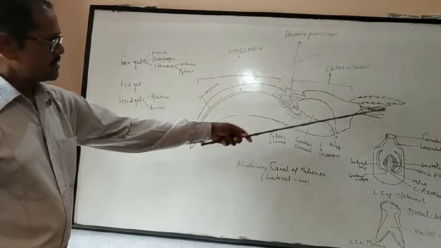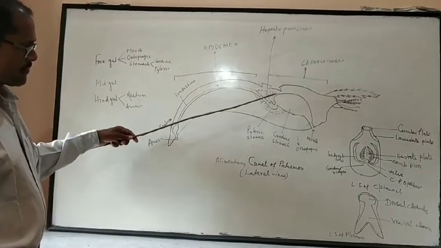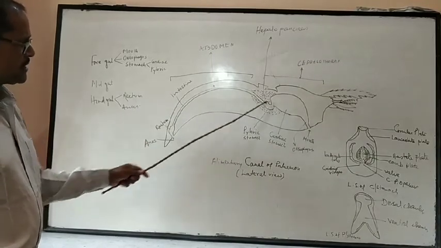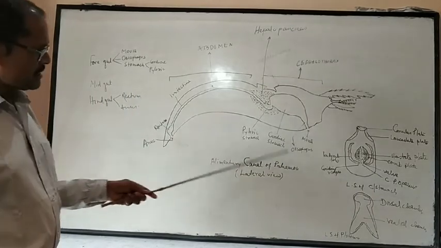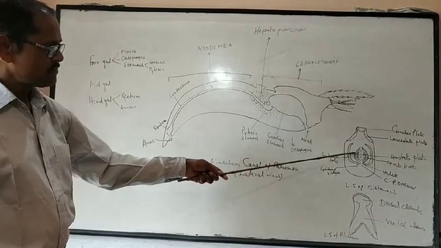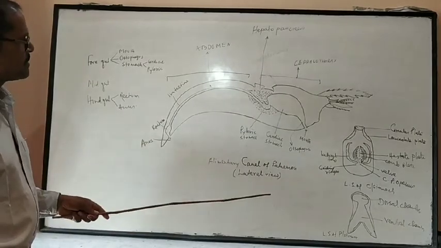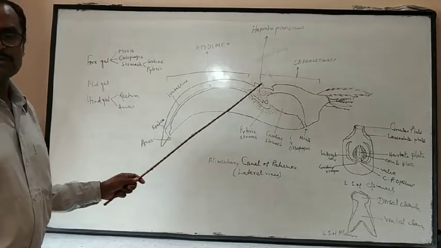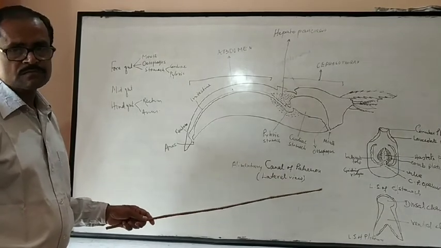So you see that is the lateral view of the prawn, which is showing the alimentary canal and its different parts, which are mentioned here, and two detailed diagrams are there, which indicate the cardiac part of the stomach and the pyloric part of the stomach. So this is all about the alimentary canal of prawn. Okay, thank you.